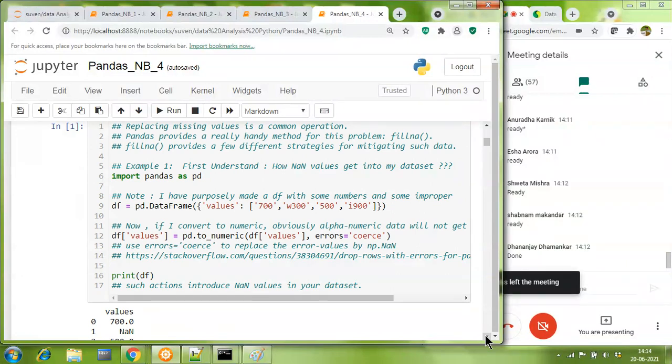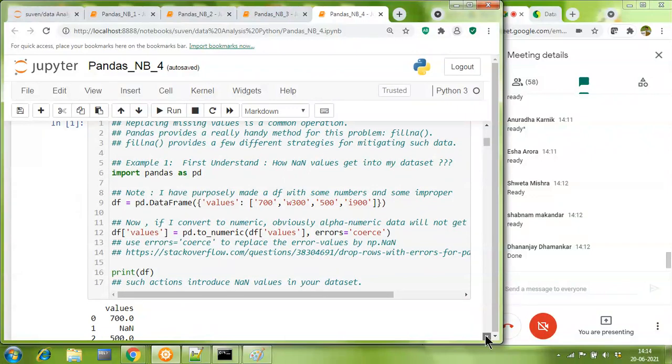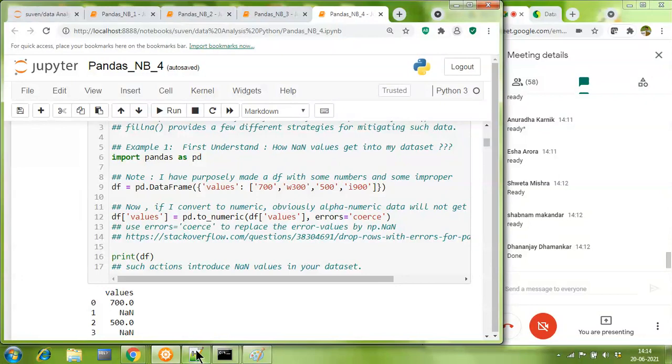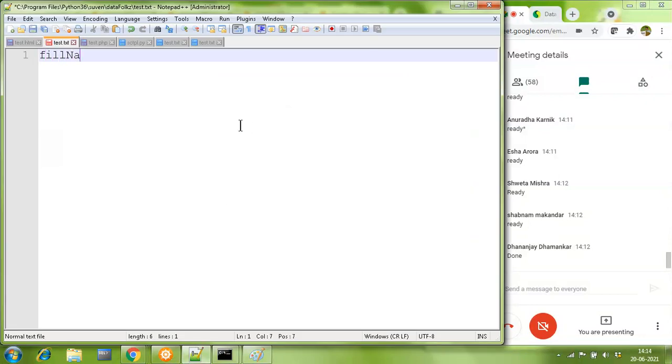Now, it's a very obvious question which is usually asked in an interview. When we say that we are going to use some methods to handle missing values, the person on the other end is not interested in whether you know functions like fillna or dropna.